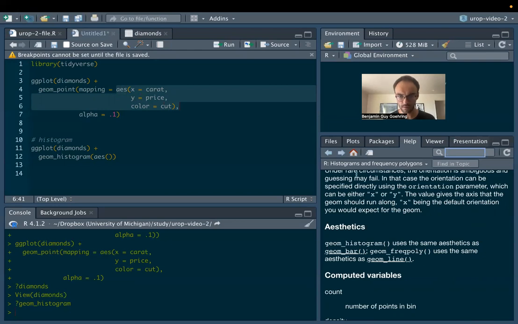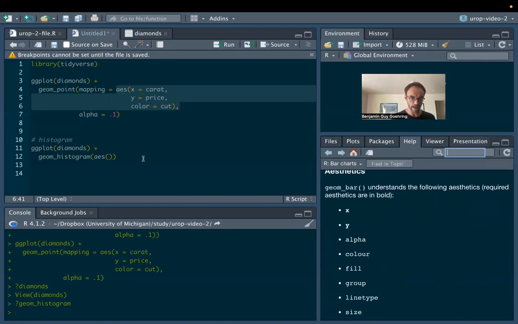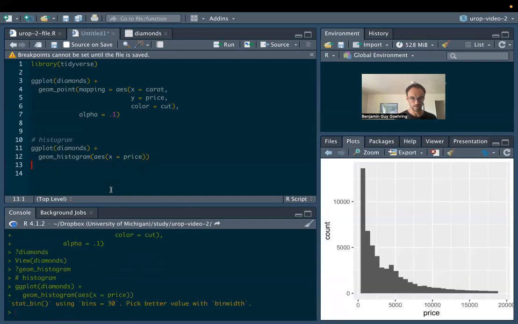Although I don't know if that's right. This might be a bad one, because I think it just needs an x. Let's see. x equals... usually what I said is going to be helpful, but I think in this case we just need to provide this. Okay, so, bad example, but